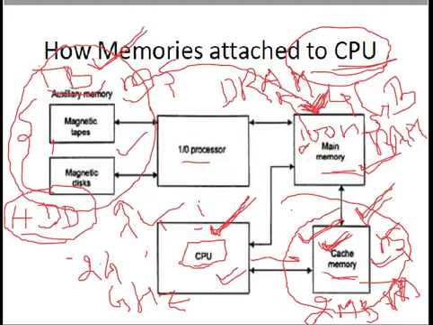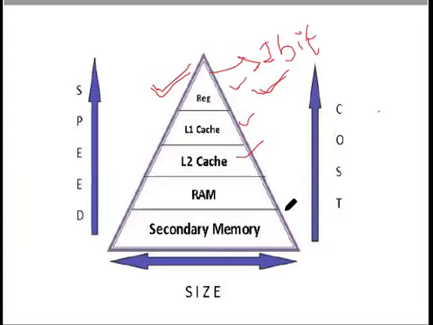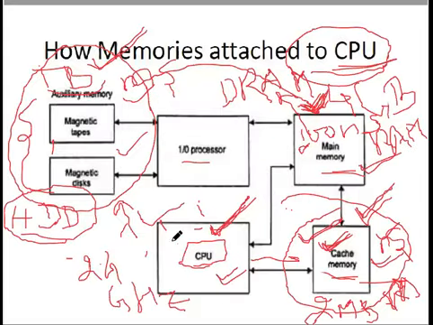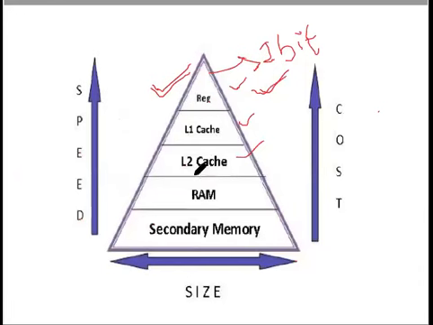So in order to optimize between cost and accessibility, and to reduce the access time, a compromise has been adopted in the organization of the computer system, and this compromise is evident in this block diagram. So we have a 1-bit register that can store 1 bit of information, then cache memories. Cache memories are the fastest memories. L1 cache is faster than L2 cache.